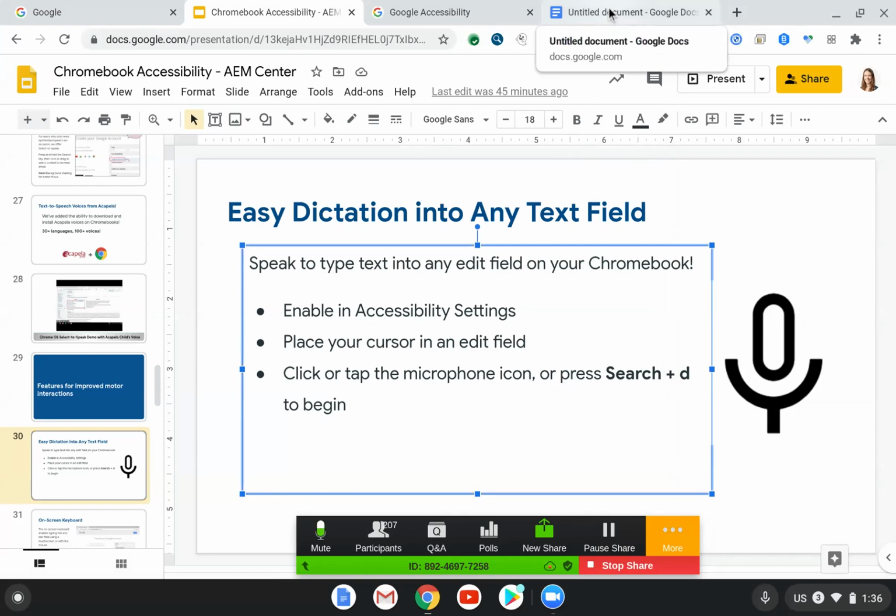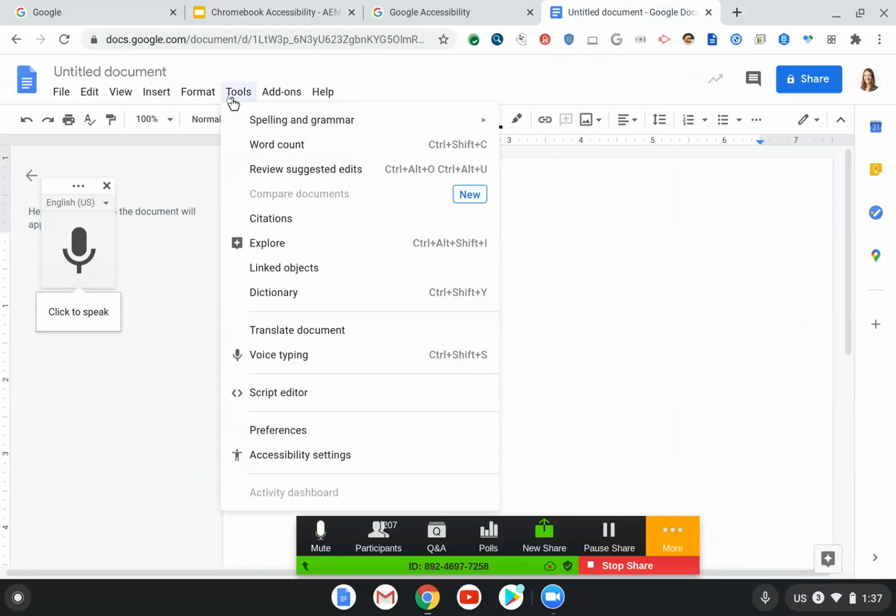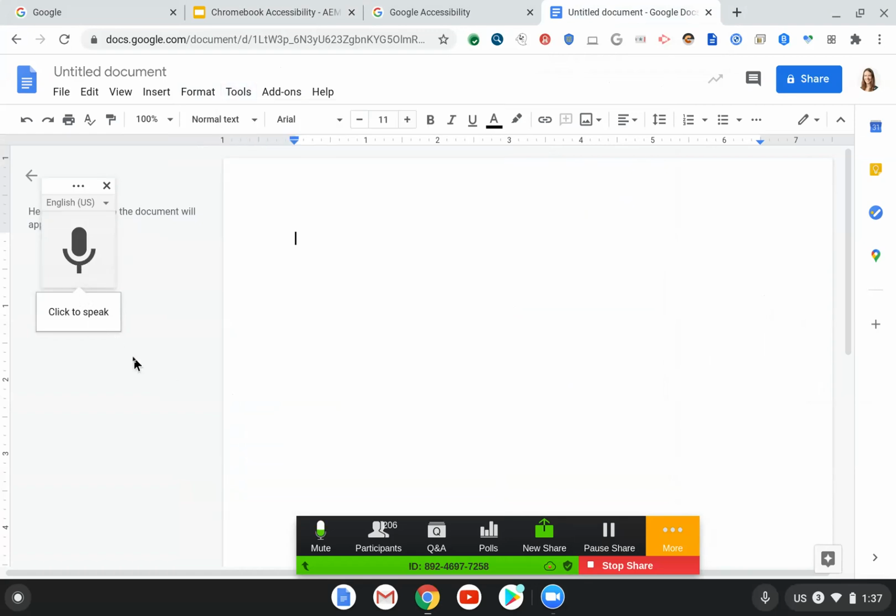So before I hop back into the presentation, I just wanted to show you here on my screen, in Docs, for instance, there is voice typing. So if you go to Tools and Voice Typing and enable that, there's a microphone here. This can be really great for, we've heard in certain circumstances where students are just having trouble getting their thoughts flowing and they're not able to type it out. And so teachers will allow them to dictate into Docs and just start talking into it. And then they can develop their stories and paragraphs later on,